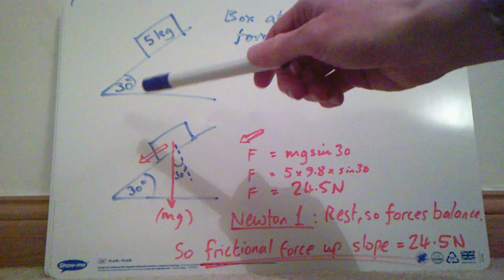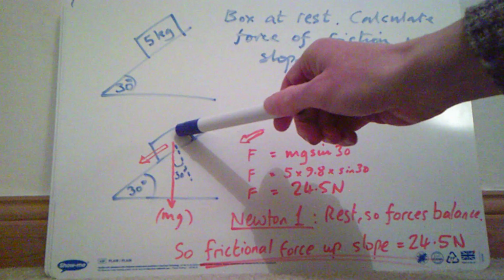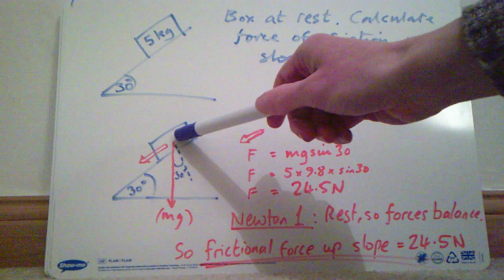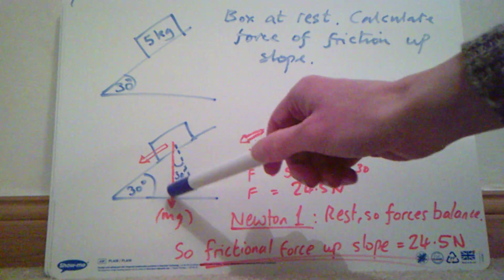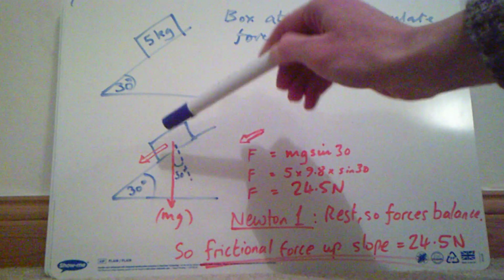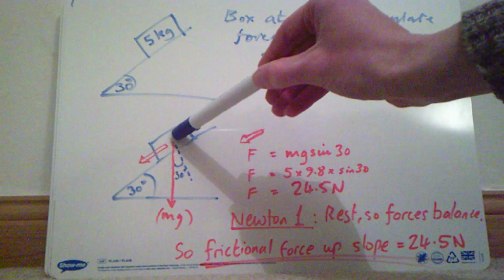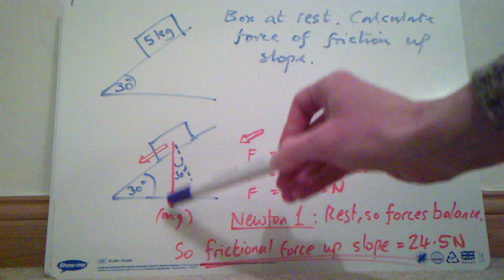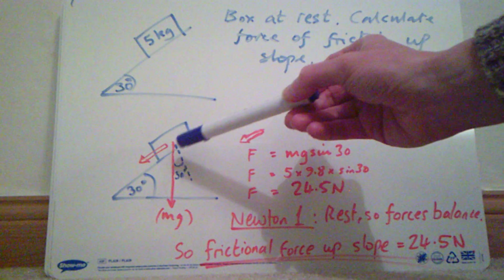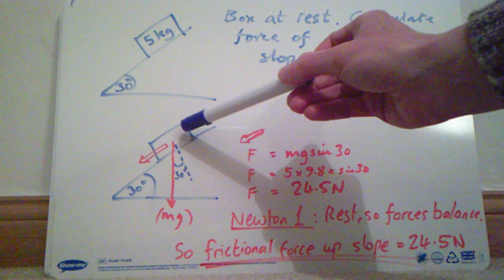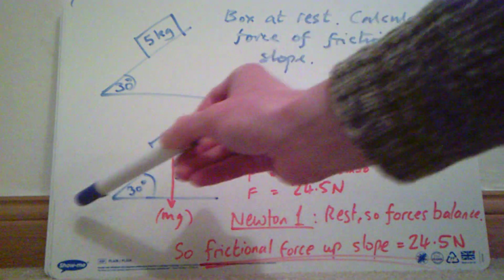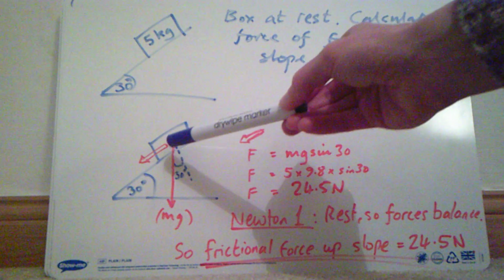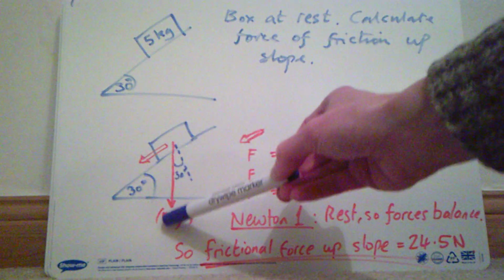So here's the object, and that object is experiencing a weight force, and the weight force acts straight down towards the centre of Earth, and the weight force is mg. Now, this object, because of the presence of the slope, can't accelerate in the direction that that weight force is acting. So what happens is it slides, the force is acting down the slope, it wants to slide down the slope. We know in this case friction is stopping it, but a proportion of this weight force down is acting